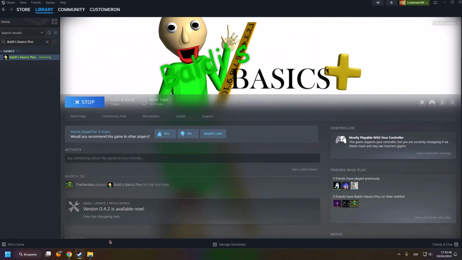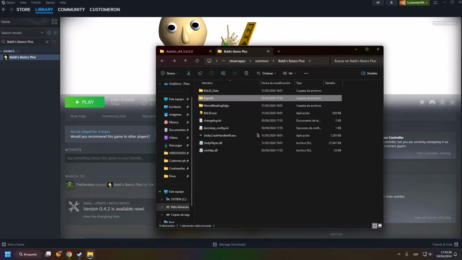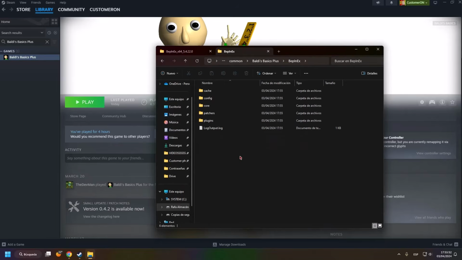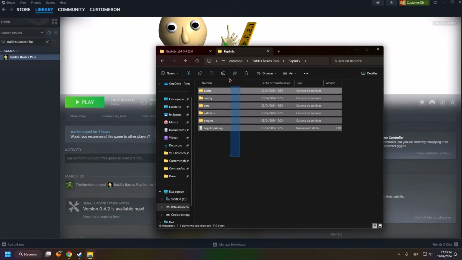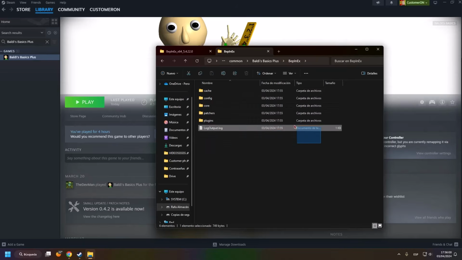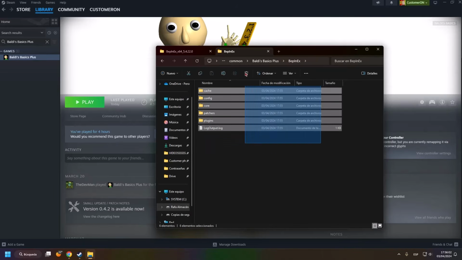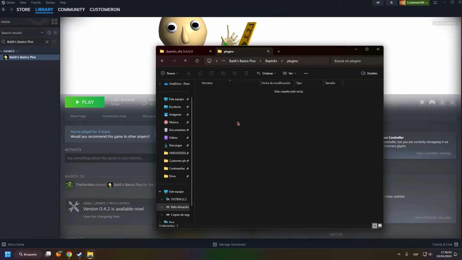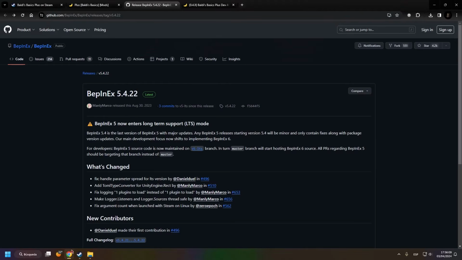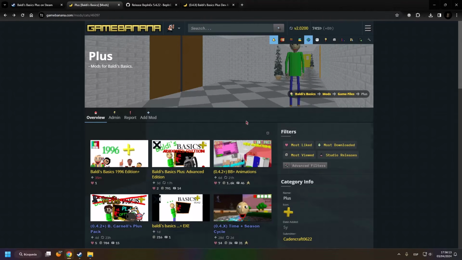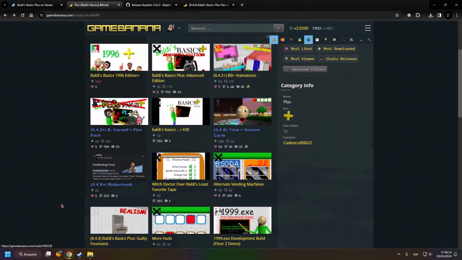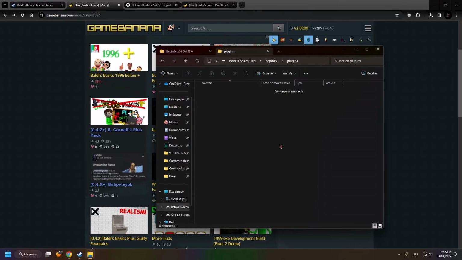Now we close it. And if we go back to the Bepinex folder, we have a bunch more files, which are really necessary. Most of these are so Bepinex can actually work, but the plugins one is very special, because here is where we'll put all of our mods. Right, so we'll put any of our mods, the DLL specifically, here.